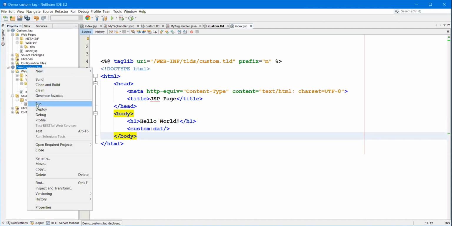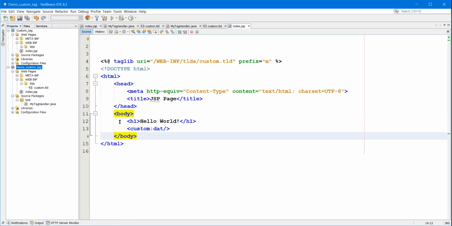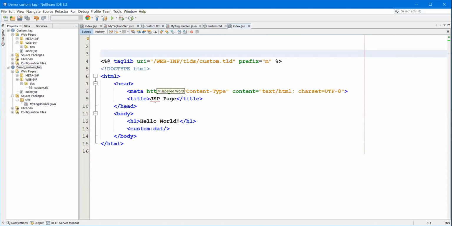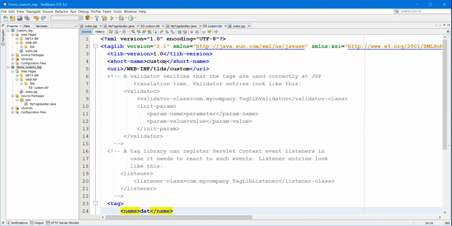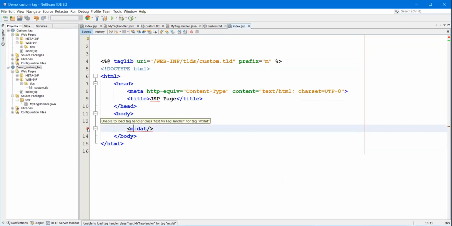One second. Why is it showing unable to?